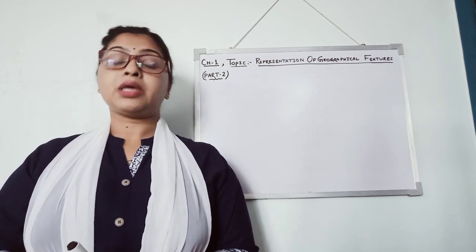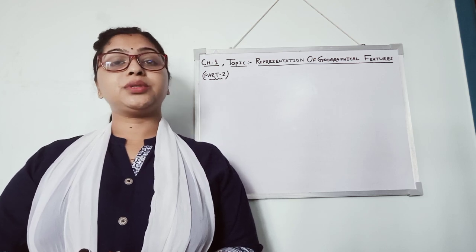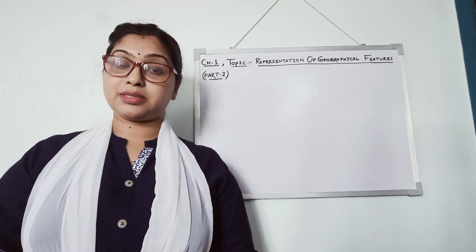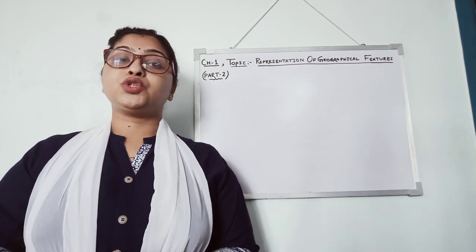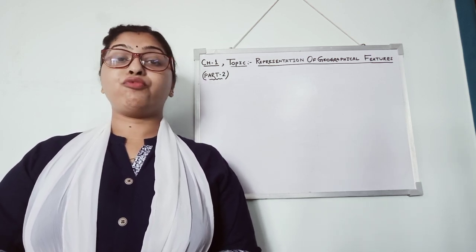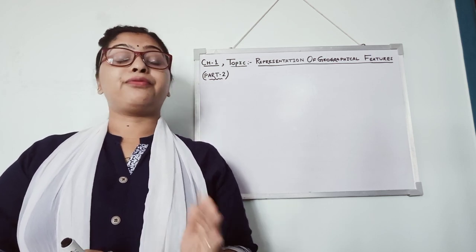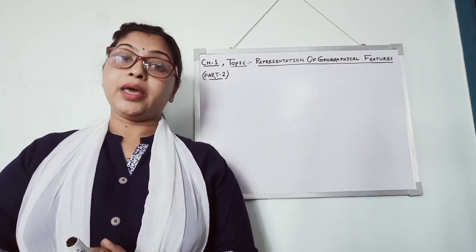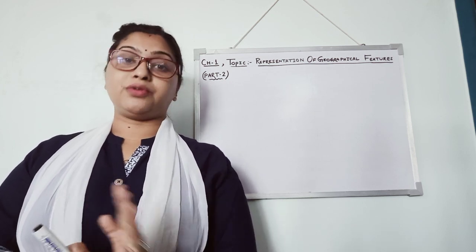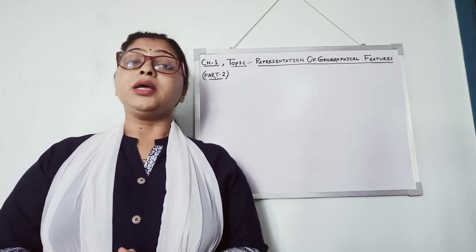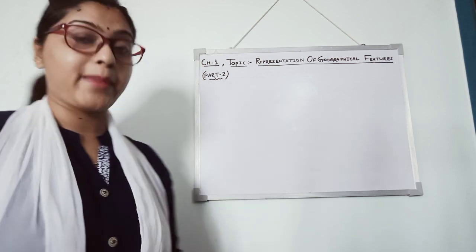Is it clear? Yes, students. In the topographical map, I have shown some conventional symbols last day. It is very necessary to study the topographical map. We should know the different symbols as well as different colors which are used in the topographical map and which are accepted universally. So I will tell first about the colors which are used in the topographical map.